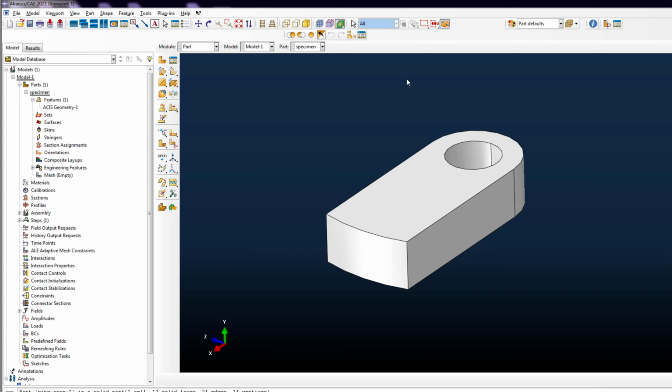Hello everyone. In today's video tutorial, we are going to present how we can create datum planes in Abaqus. So under the part module, you can see this icon, create datum plane offset from principal plane. This icon, you can also see it under other modules like property module,